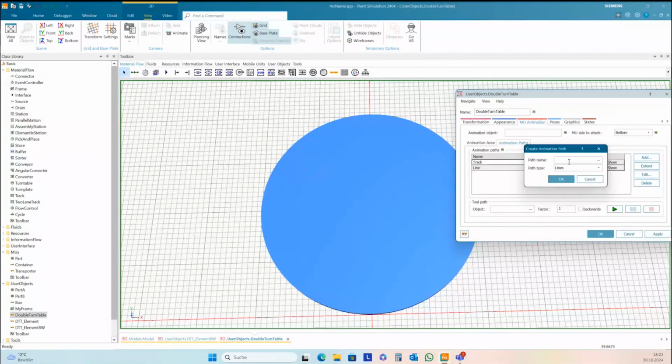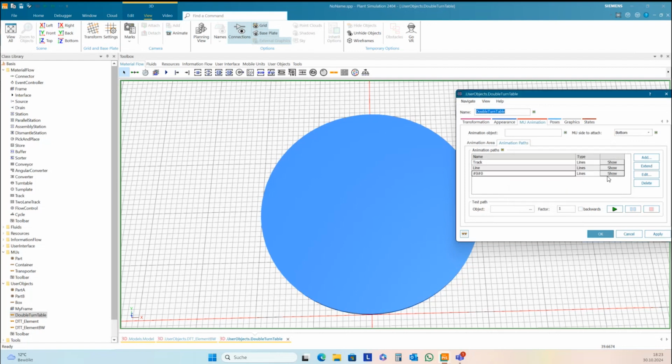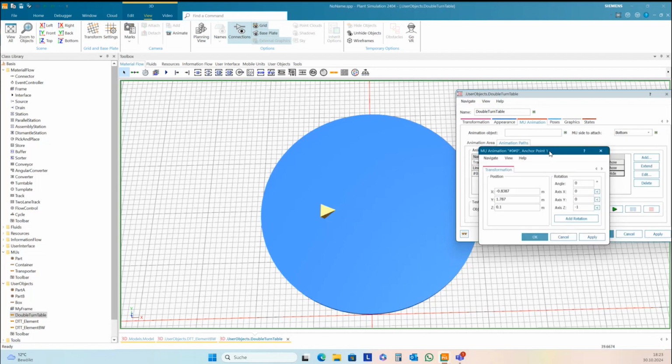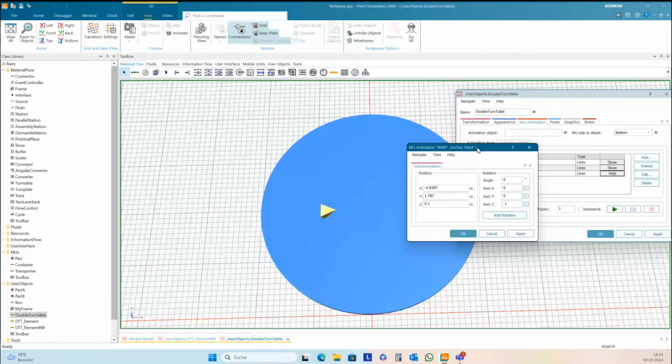I need to set it by the positions here with route 0, route 0. I have the first position, and I need to change the position of this. I make it here directly with the position of the anchor point.